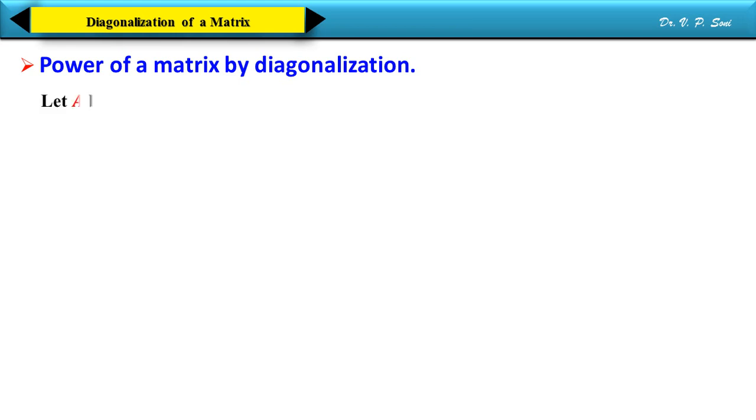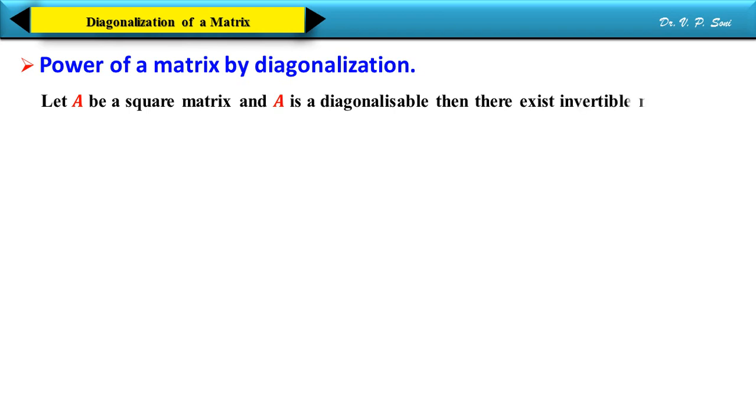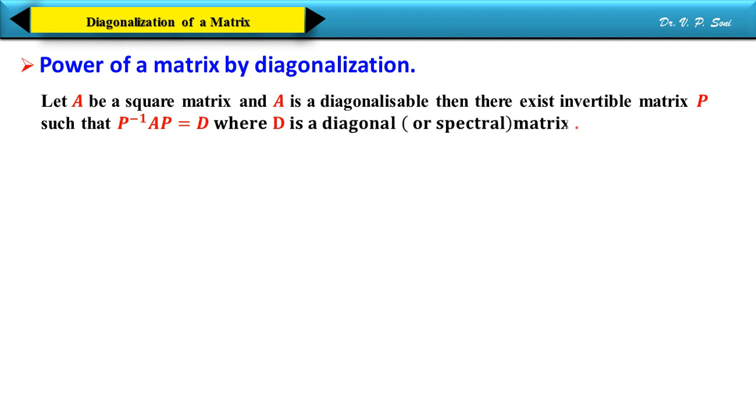Now, power of a matrix by diagonalization. Let A be a square matrix, and A is diagonalizable. Then there exists an invertible matrix P such that P inverse AP equal to D, where D is a diagonal or spectral matrix. Now D equal to P inverse AP, this implies D square equal to P inverse AP into P inverse AP